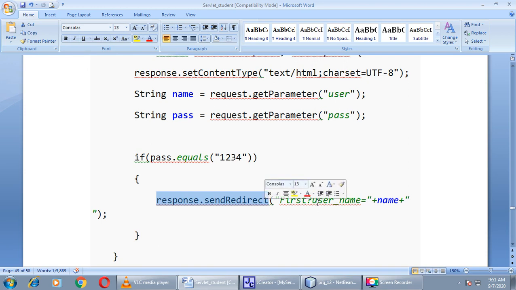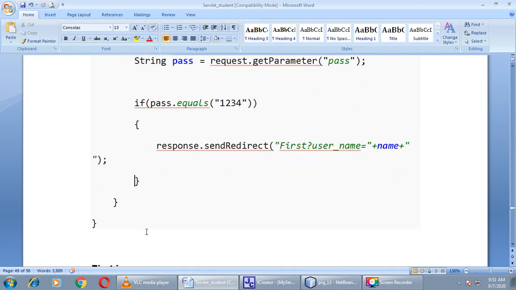Here we want to send the username on the second page, so we will write username equals to concat the value of this object by giving a plus sign, right? And then plus and bracket is over, or if condition is also over, servlet is also over.